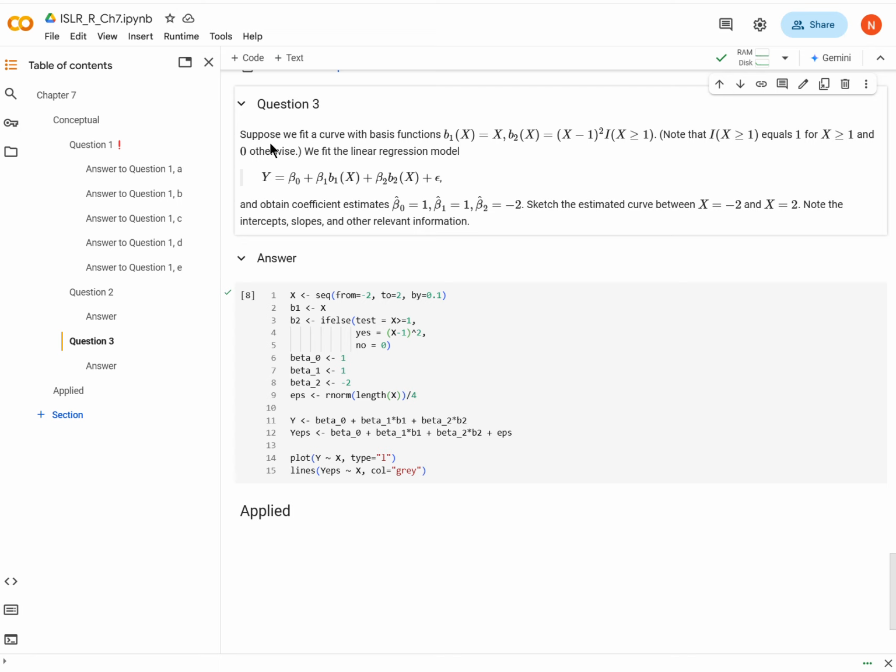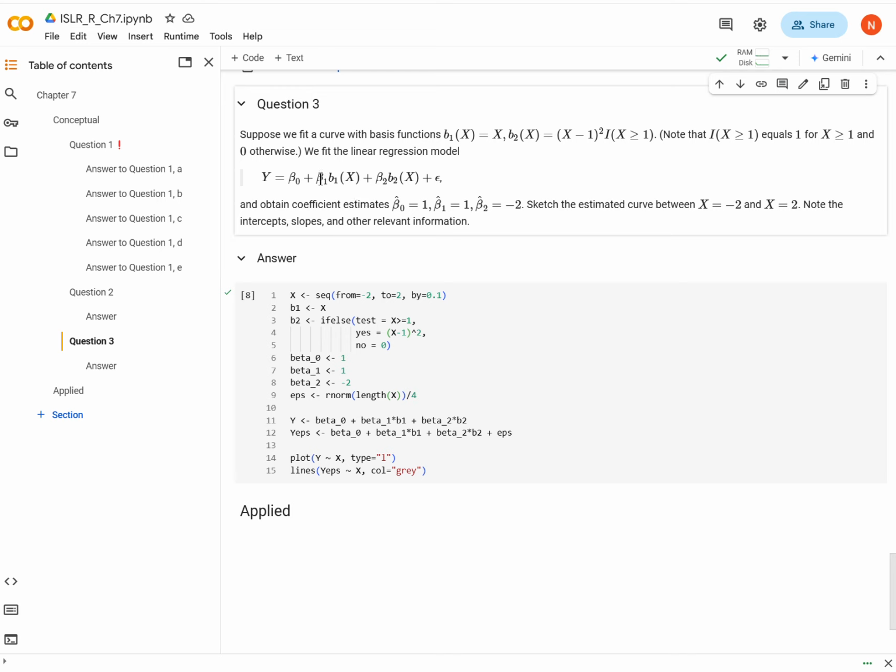So here's the question. Suppose we fit a curve with the basis functions where basis function 1 of x is x, and basis function 2 of x is (x - 1)² times the indicator function, whenever x is greater than or equal to 1. Okay. And then we fit this linear regression to those basis functions, and we obtain that for the estimated intercept